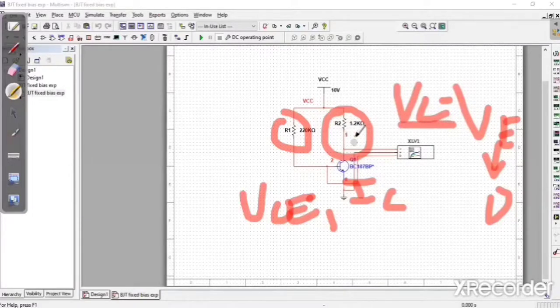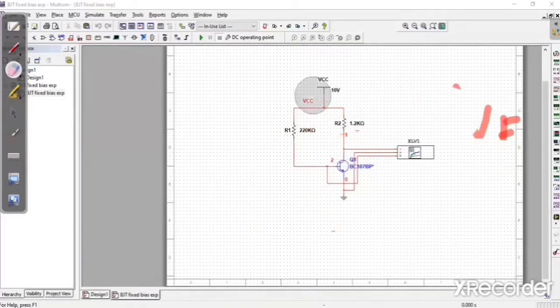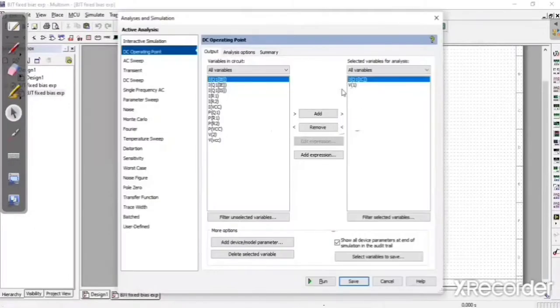Here the VC is V1. For a clear picture, we have to erase this one. Now we see this. V1 is nothing but the VC value. After setting all this, we select the expression from here and add it, and after selecting, we have to run this.